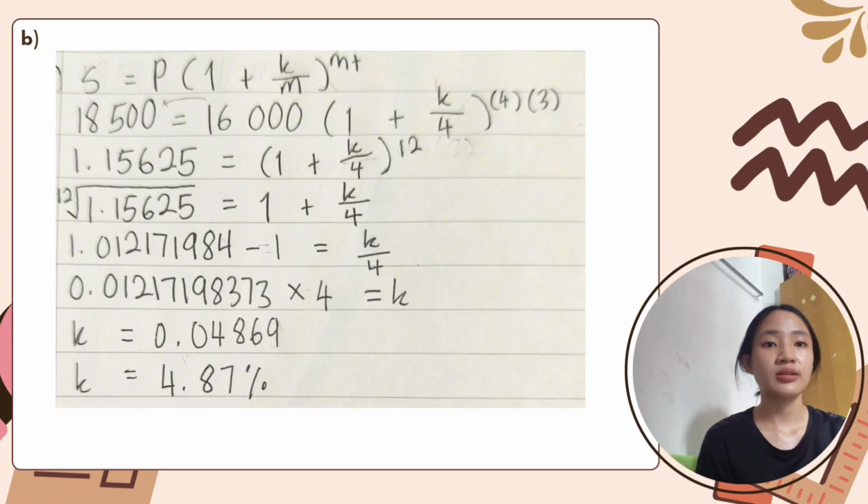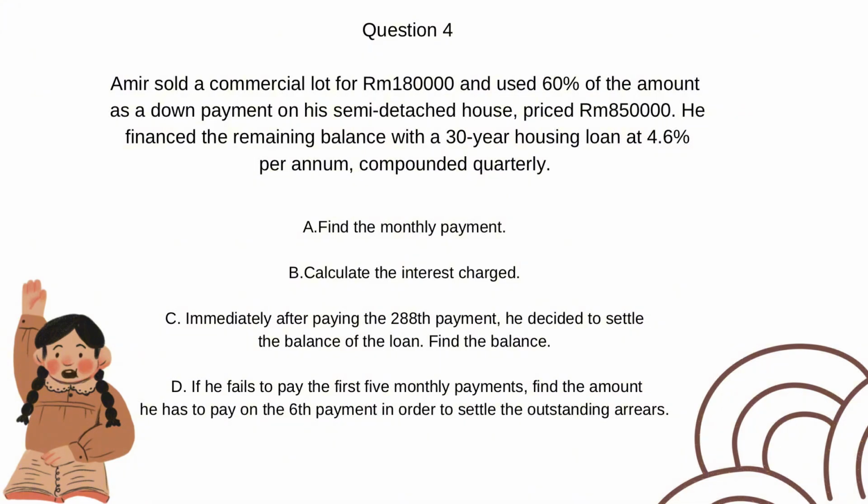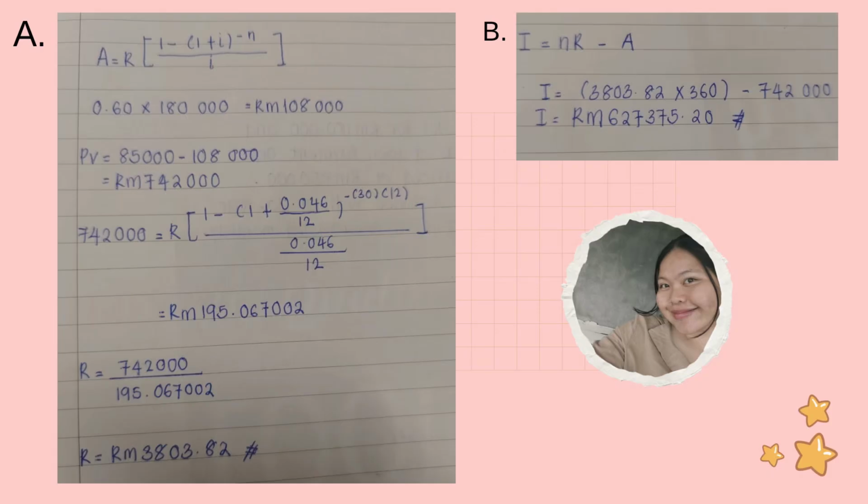But it is not in a percentage, so I will multiply it with 100. And the final answer will be K equal to 4.87%. Question 4a. The question is, Amir sold a commercial lot for Rm 180,000 and he used 60% of this amount